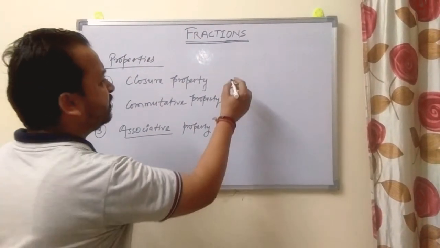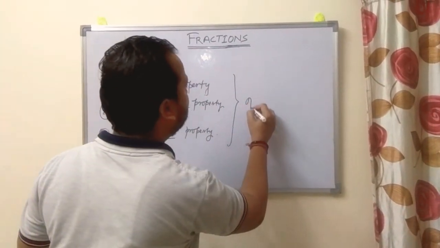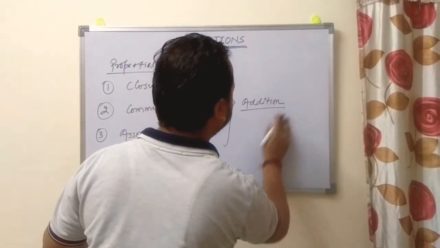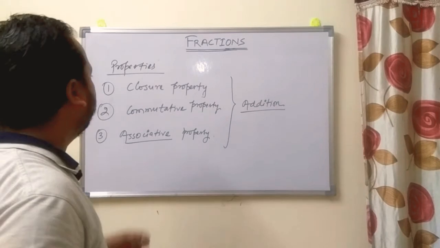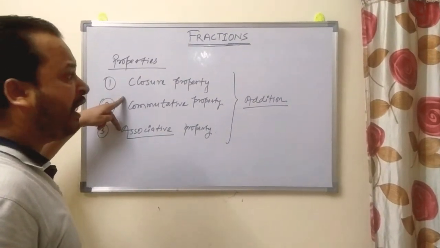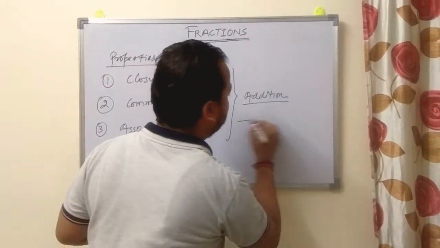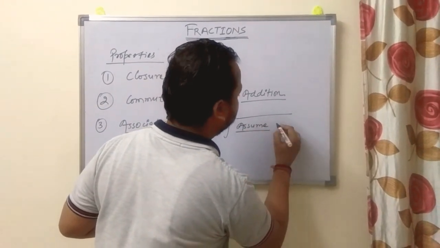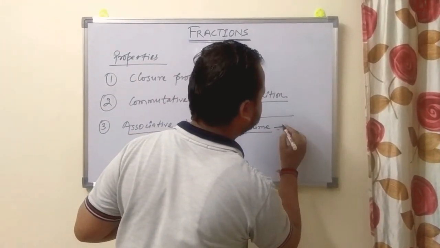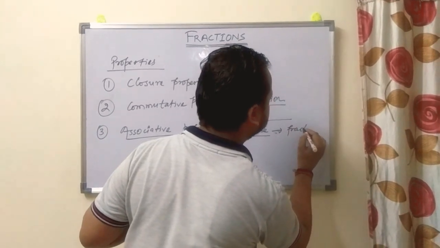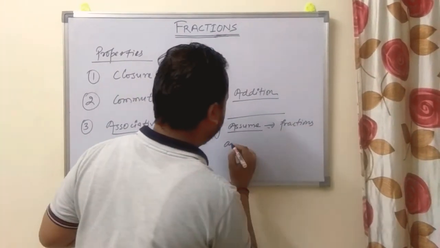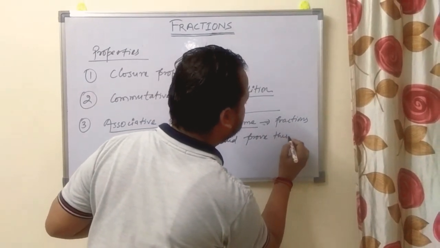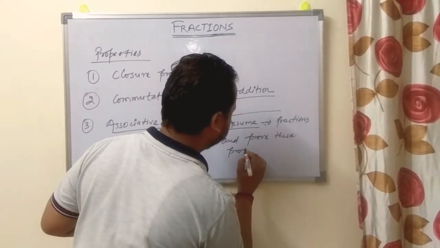These three properties are followed by addition, right? You have to assume fractions and prove these properties,